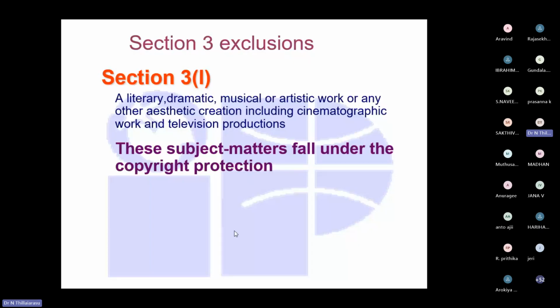The types of copyrightable work are: literary work, like a book, article, or poem; dramatic work, plays and screenplays; musical work, like a song or composition; artistic work, like a painting; and sculptures and photographs, the way you take photographs. Cinematographic films and sound recordings also come under the category of copyrightable work.